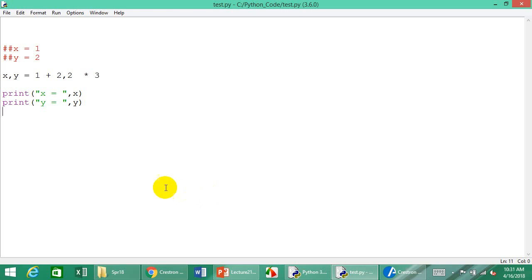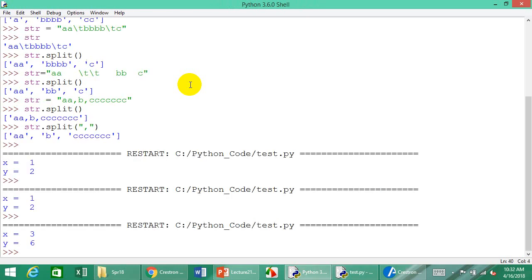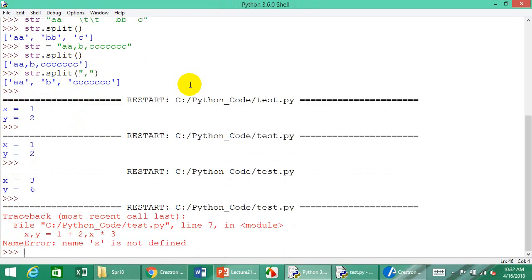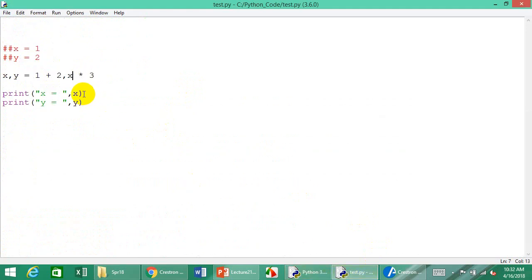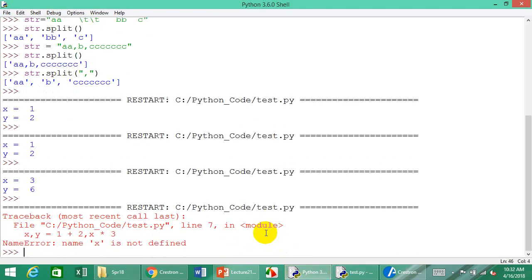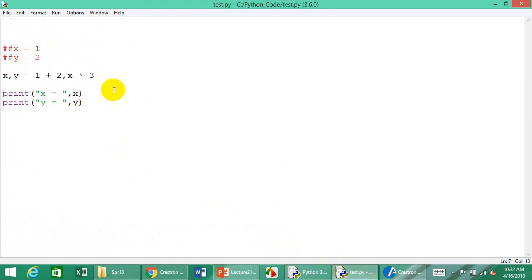What I don't know is, place your bets. So what if I were to do this? I were to assign x 1 plus 2 and then y x times 3. And what I don't know is, will it now know that x has a value and not blow up? Good. Okay, so it blew up because x wasn't defined, because even though you might say, well, wait a minute, first you're going to assign x 3, and then the next thing you're going to do is assign y x times 3, and at that point x has a value, but it turns out that's funny. The compiler